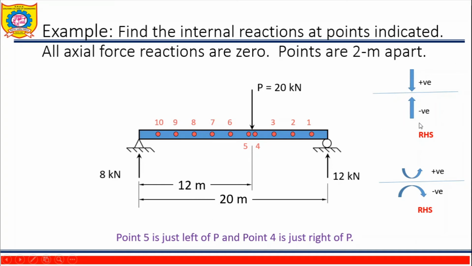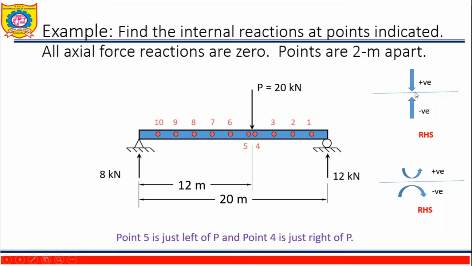So according to the sign convention, we go from the right-hand side to the left-hand side. First, we have seen that we have to find the reactions, then draw the loading diagram, and then start from the right-hand side. First find the shear force at this point. Then the next point, suppose point C, find the shear force at this point, and then the last one is the shear force at the left end.